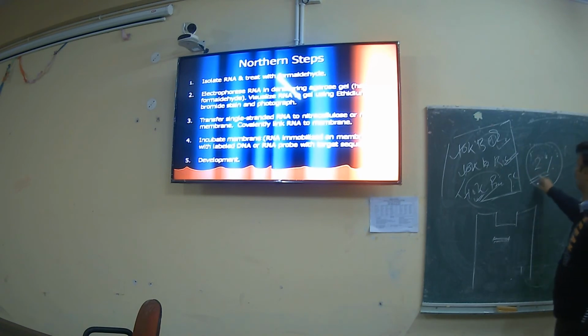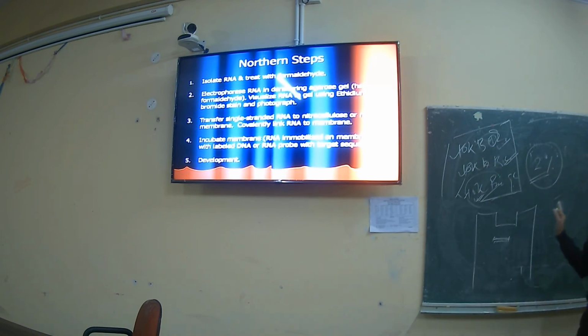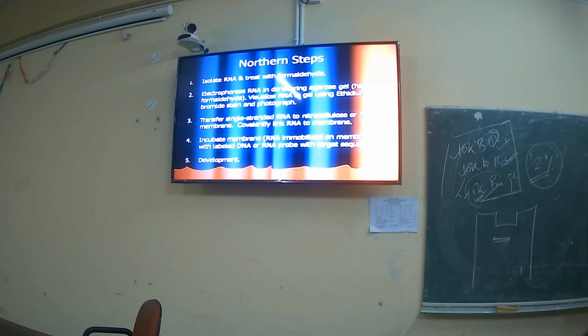The gel is much more efficient to separate a 10 kilo base pair genome. Okay, it doesn't matter. One is a sieve for the wheat grain and another is a sieve for the maize grain. If you have a sieve for the maize grain, the wheat grain also passes through very easily, so it doesn't matter. Suppose your gel percentage is 2%. It is much more efficient to pass the 10 kb size nucleic acid or biomolecule.